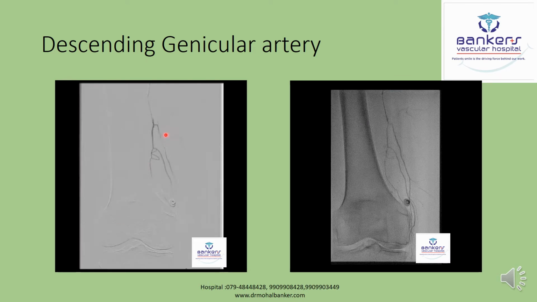This is the descending genicular artery, the first artery supplying the medial side of the knee joint. You can see these markers situated over here, and branches of this descending genicular artery pass through these pain producing sites, but there is no vascular blush, so there is no hypervascularity over here. So this artery is not participating in the inflammatory reaction at the pain producing sites.